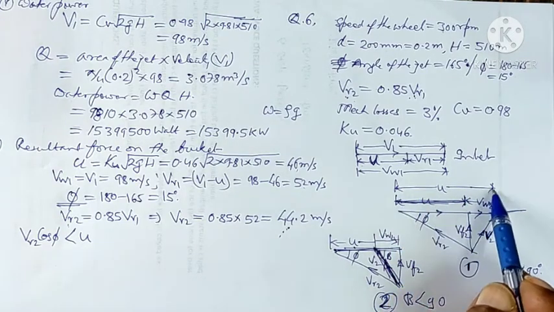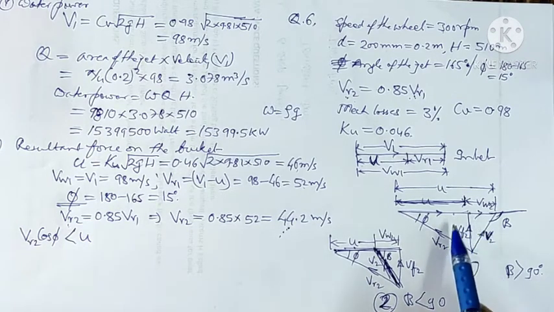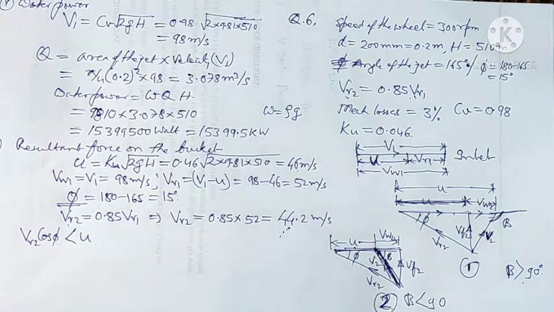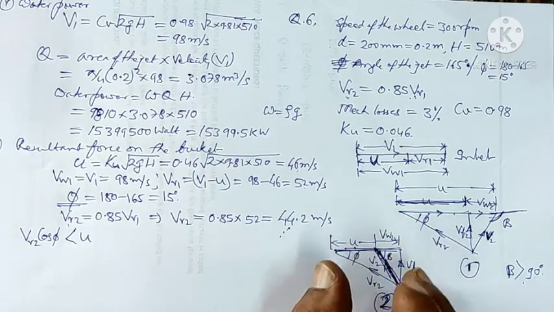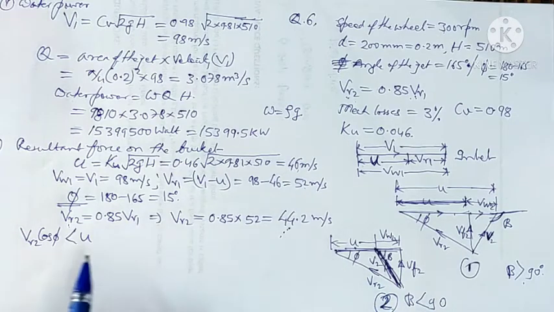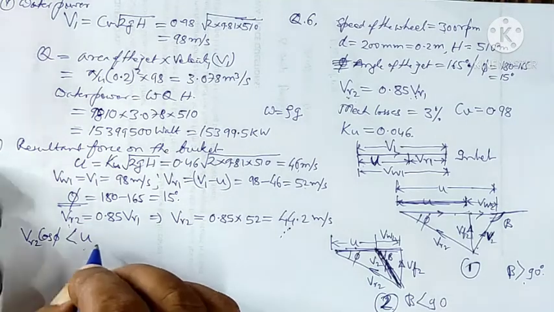Here this is u and this is VR2 cos phi. So the velocity triangle will be like this, and the value of beta will be more than 90 degrees. But in some of the questions we have seen that VR2 cos phi is greater than u. In that case the beta value is less than 90 degrees. In this particular case, as VR2 cos phi is less than u, this will be the velocity triangle, and from this velocity triangle we can find out